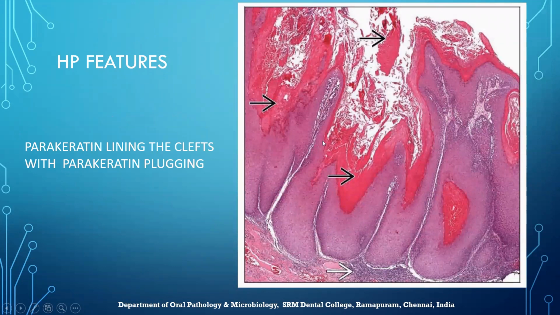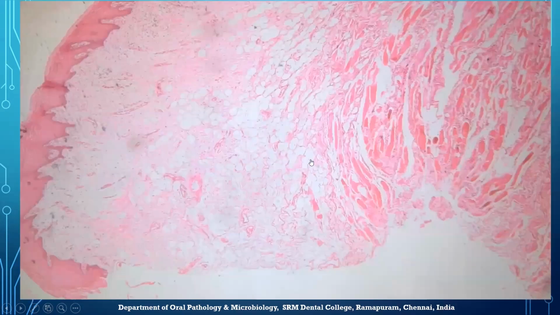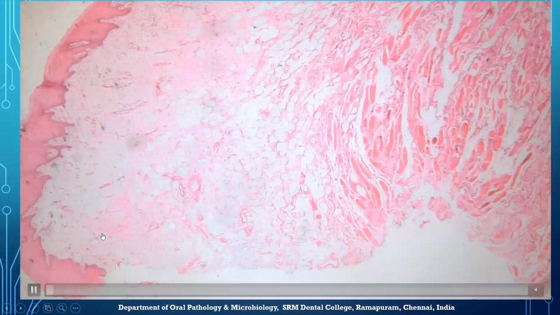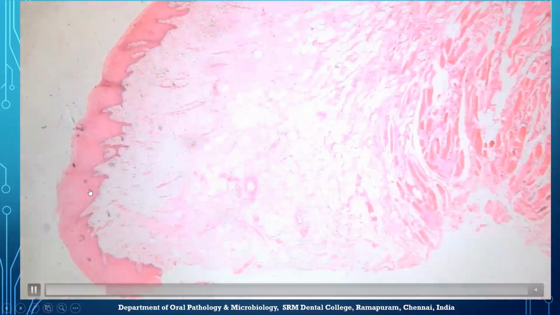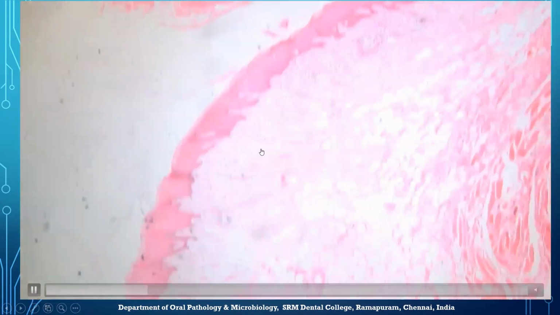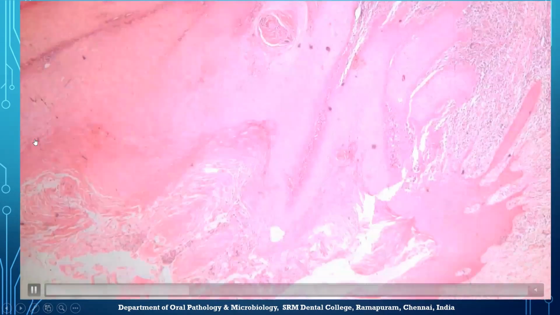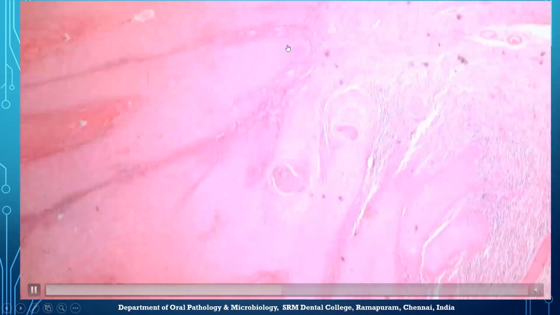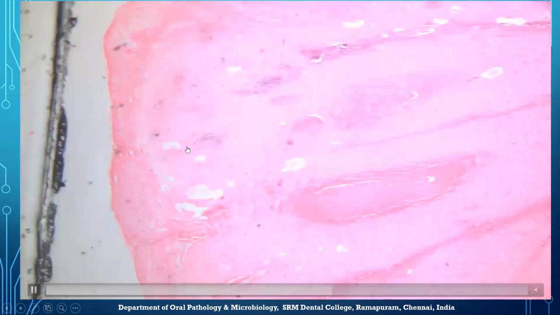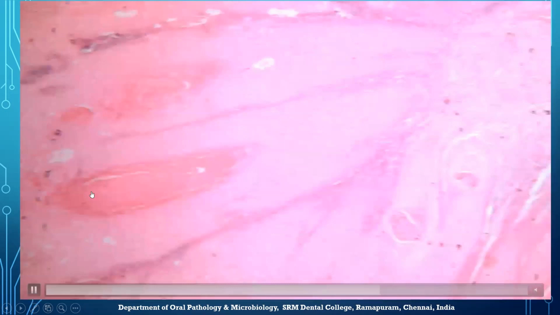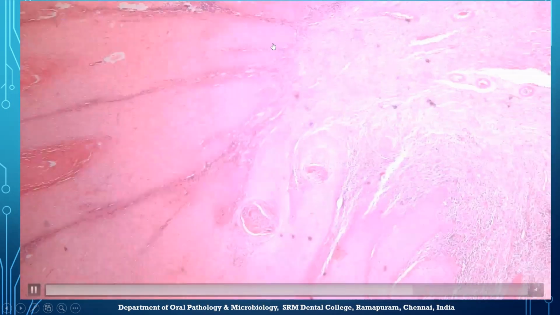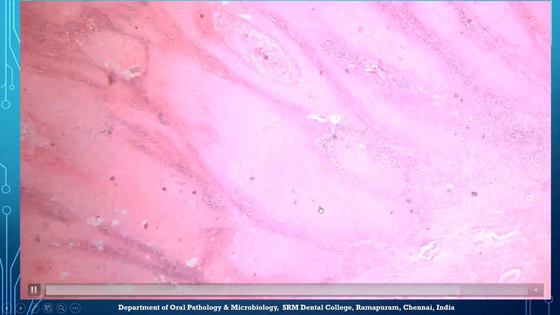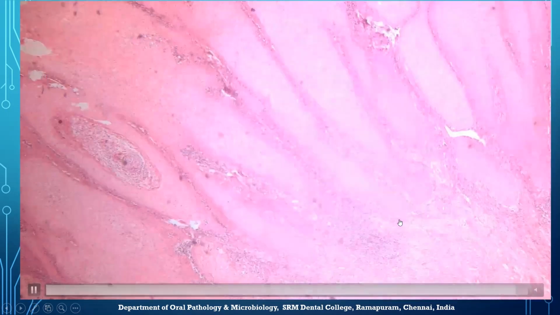In this picture, we can see that there are deep clefts which are filled by parakeratin, and these are called parakeratin plugging. This is a slide of verrucous carcinoma. So we can see that this is the normal mucosa, the epithelium and the connective tissue appear normal. When we move forward, we can see that there is an exophytic component, and then there is also an endophytic component here. Then when we move to the surface, we can see that there is an increase in the keratin layer, and then the rete ridges appear to be broad, and they are seen to be pushing the connective tissue,